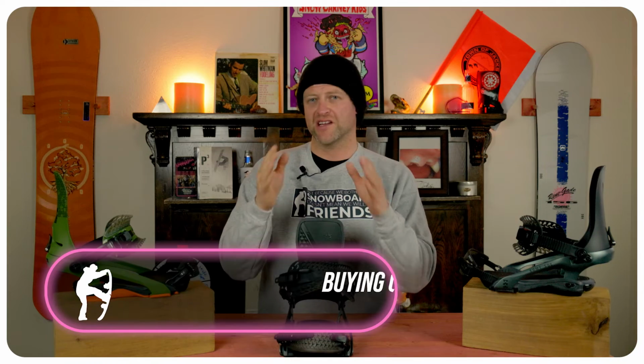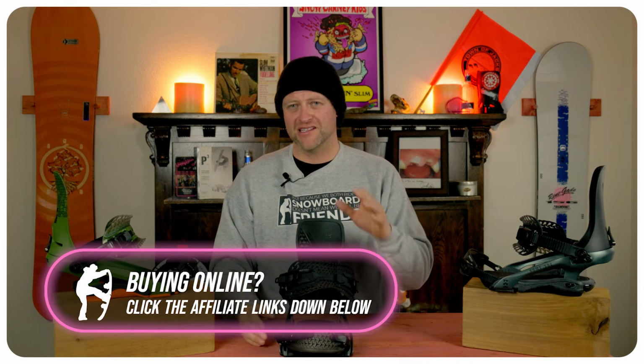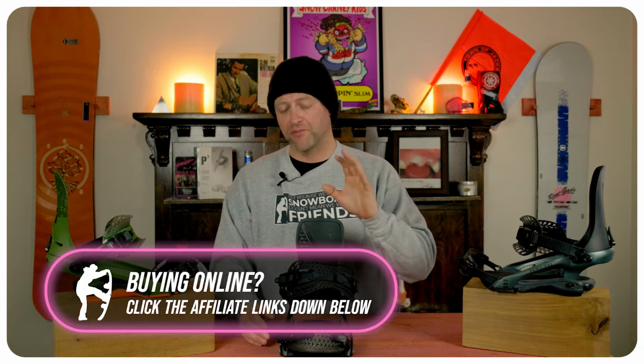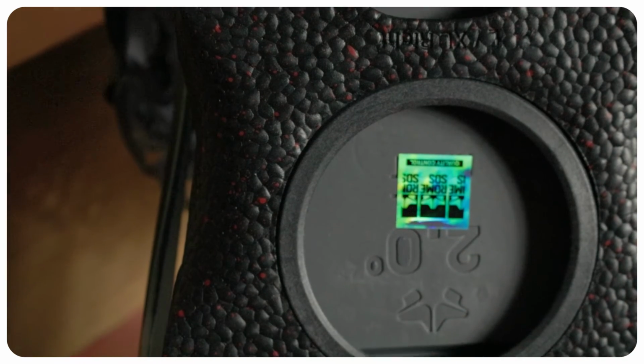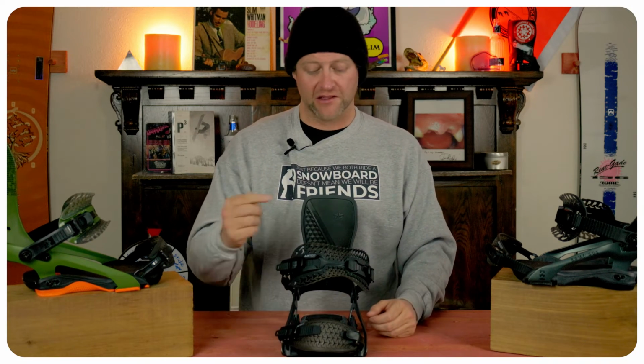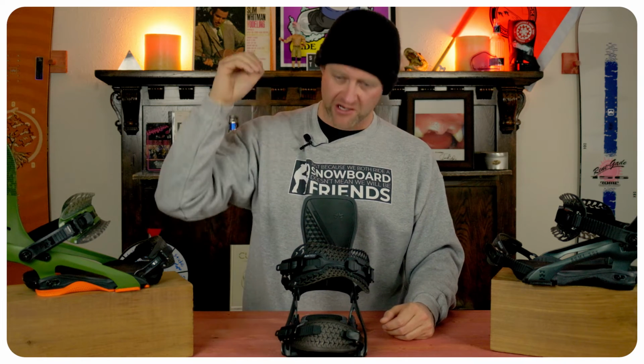Like I said, it's a stiffer binding. It borders on that category of free ride to freestyle. So it's kind of like that all mountain, do everything. It's not as stiff as other bindings I've ridden, but it's stiff enough. This is a very smooth and stable ride. You have that foam underfoot that really dampens any kinetic energy that you get. It absorbs it, you don't feel it, you don't get foot fatigue. Then the foot pad as well also dampens. The only time you're really gonna feel anything is when you hit super choppy terrain and you're just slamming right into it. Then it's gonna have to put that energy somewhere, and that just goes right up into your foot,